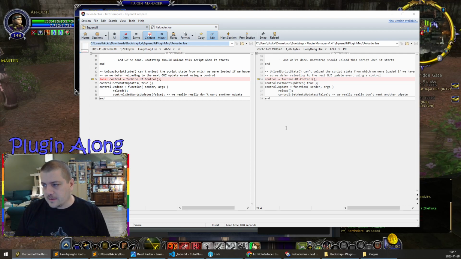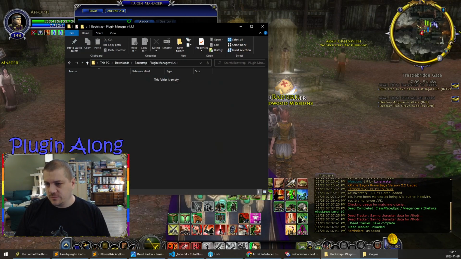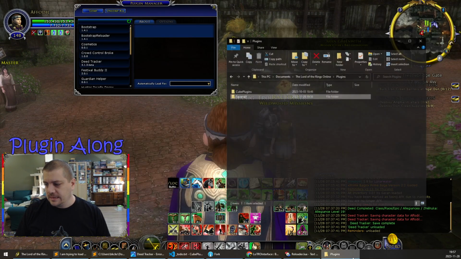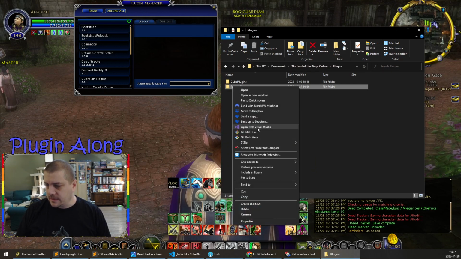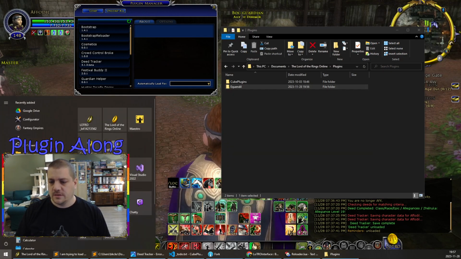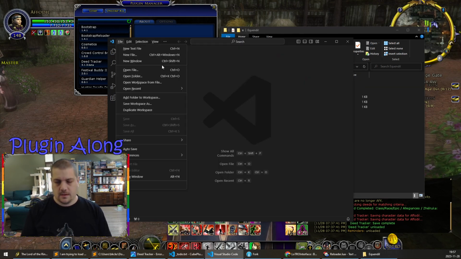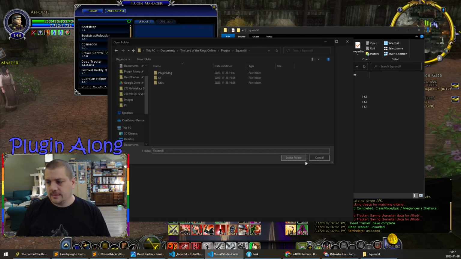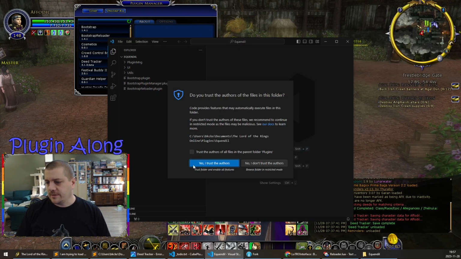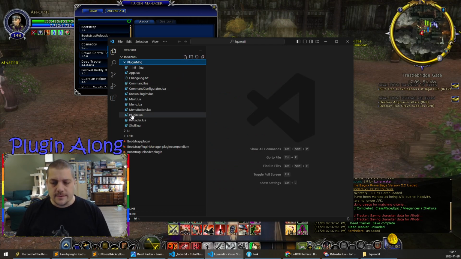However, it might be a little early to patch that because we want to see how it's supposed to work and isn't working. So let me come back in here. We're going to go ahead and open this with Visual Studio Code. Alright, open a folder. We're going to open that. And that'll give us a place to work from. Sure, the author is probably great. Let's find out. Okay, so reloader,